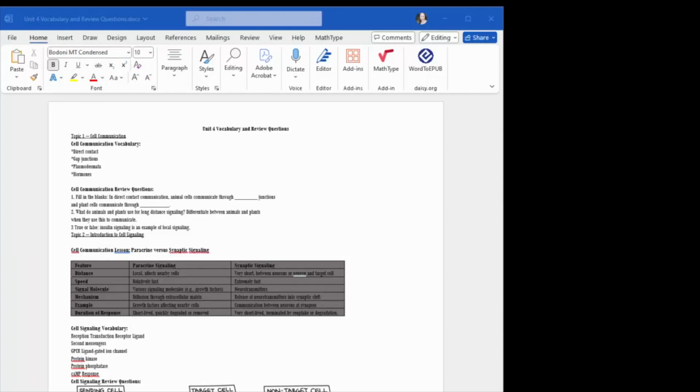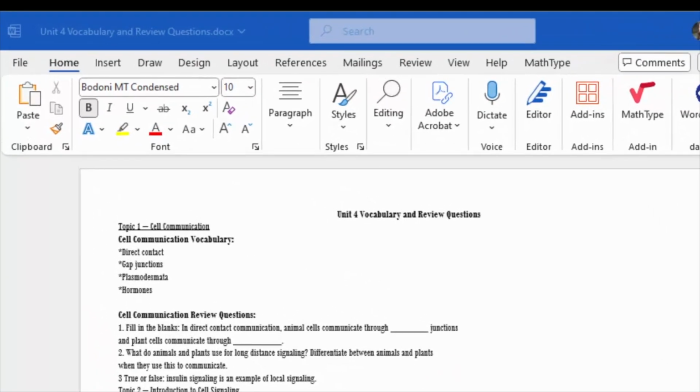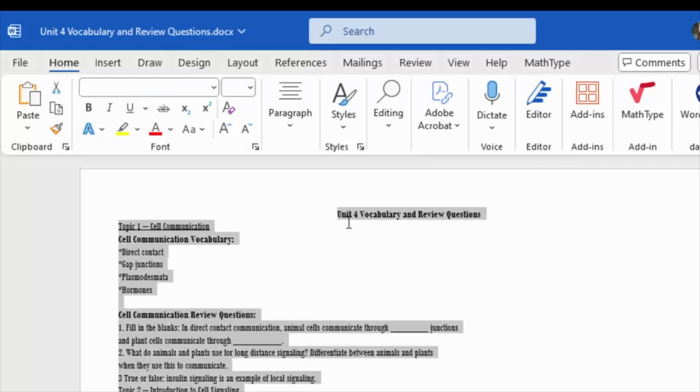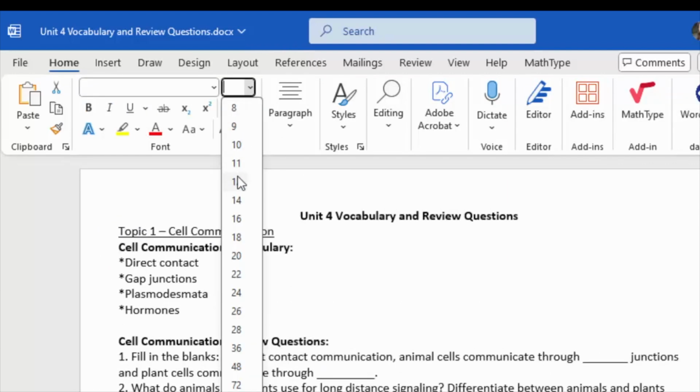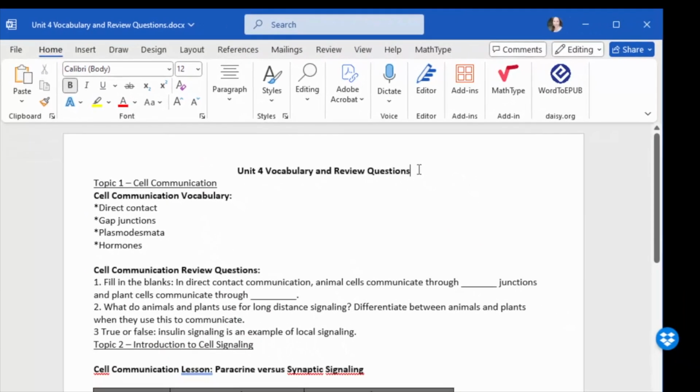The most accessible fonts are sans serif, such as Calibri, Arial, and Roboto, and the minimum accessible font size is 12 points. Press Ctrl-A to select the entire document and click on the Home ribbon to see the font group. You can specify the font and font size. Once applied, you can immediately see how much more legible this document is for everyone.